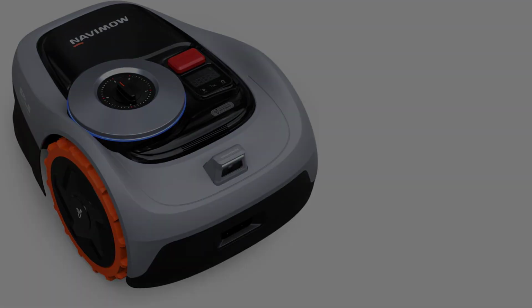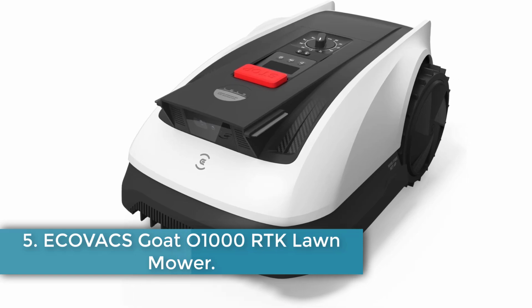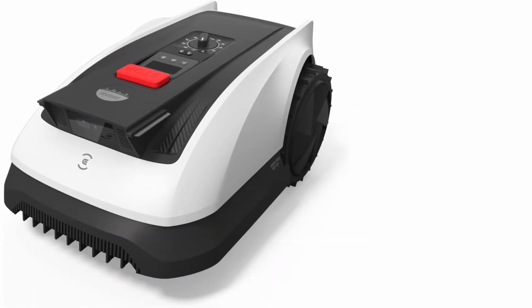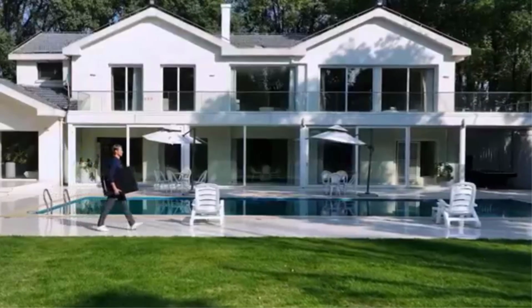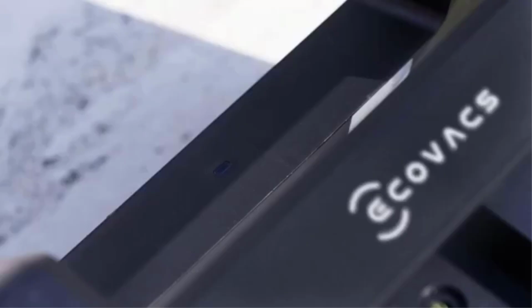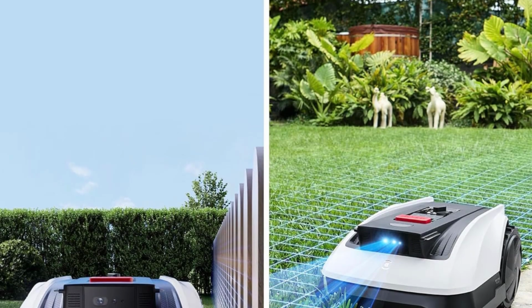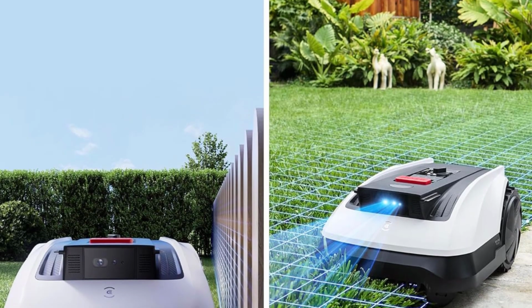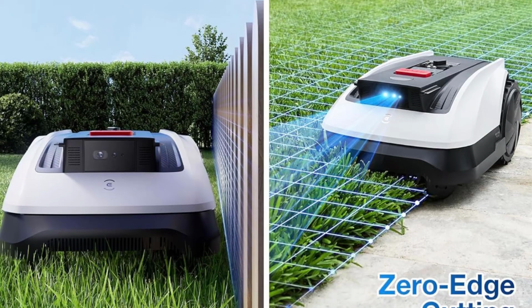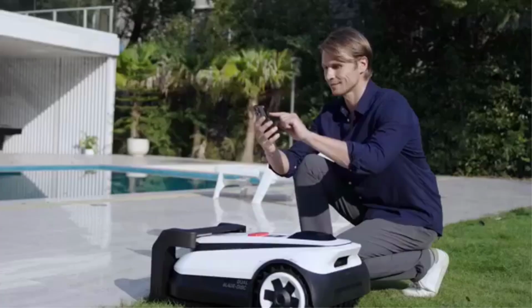well-manicured lawns. Number 5. ECOVACS GOAT O1000 RTK Lawn Mower. The ECOVACS GOAT O1000 RTK is a smart wire-free robot lawnmower tailored for lawns up to 1 acre. Using a combination of RTK GPS, LiDAR, and vision sensors, it builds a highly accurate virtual map of your yard, no perimeter wire needed. It features AIV, 3D obstacle avoidance to detect and steer around objects and even small wildlife,